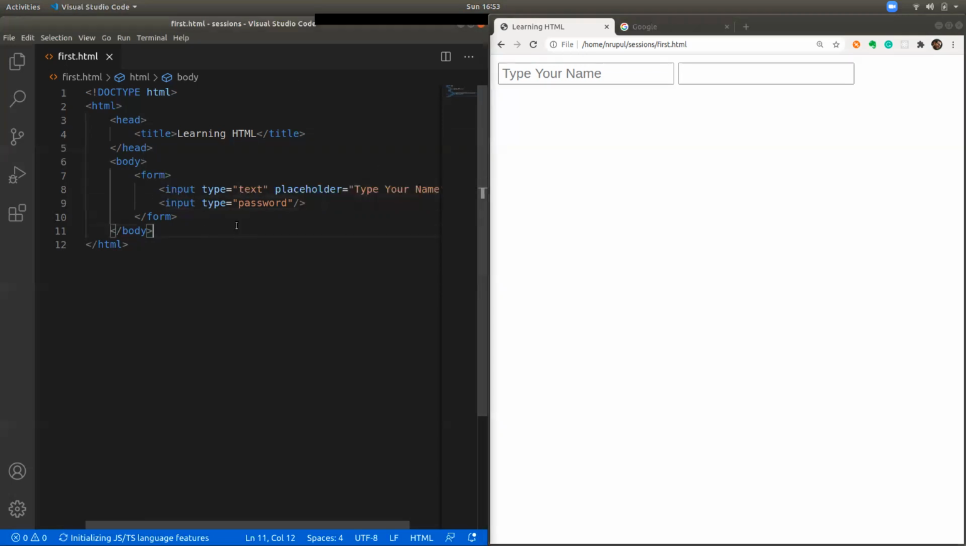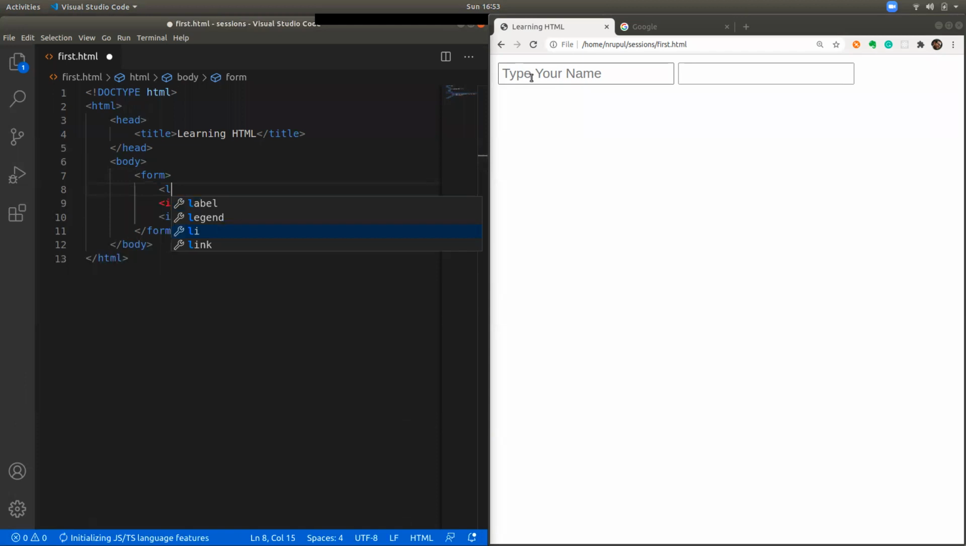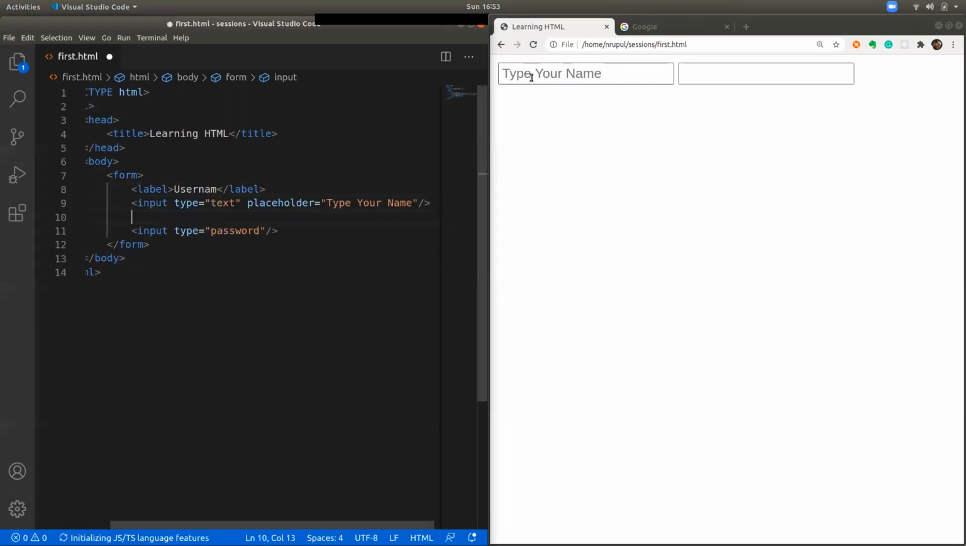Now, let's say you want to showcase what fields this input takes. Till now these are just input boxes, so it doesn't say what this input is for. Let's say you want to put some heading to it. For showcasing what an input takes, there are special tags called label. If you put a label, it puts the text on the form. Let's say this is the label for username, and this is the label for